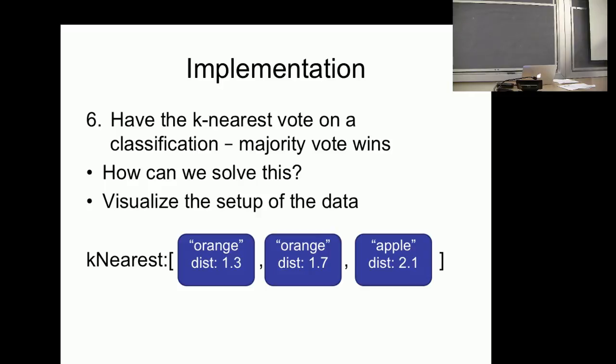Our k nearest list has 3 objects in it. One sample is for fruit, says orange, and it's a distance of 1.3. The second nearest is also an orange, at 1.7. And then there's an apple at 2.1. So in this case, what would we say the unknown classification is? It's an orange. It's 2 to 1, right? The majority wins here. So